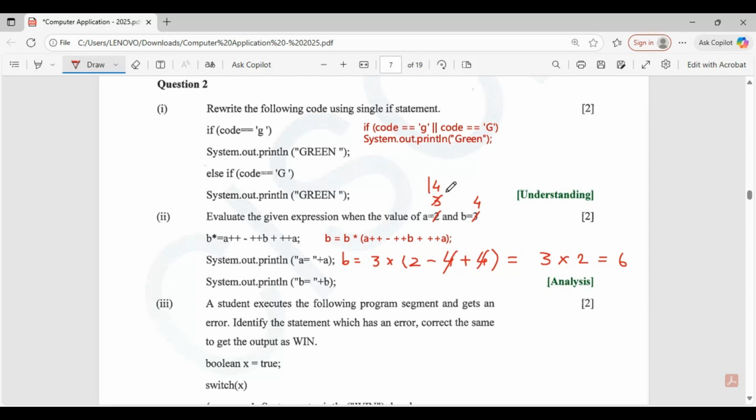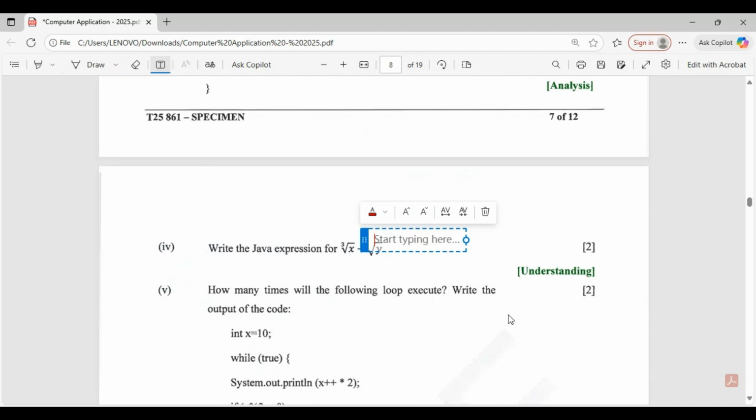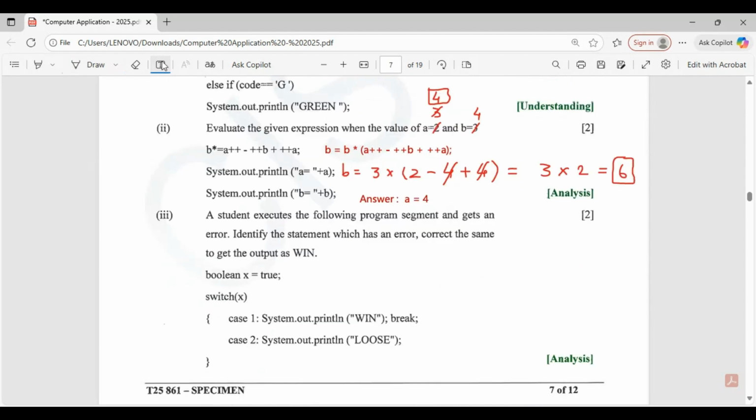So the answer to this question is A equal to 4 and B is equal to 6. So this is the answer.